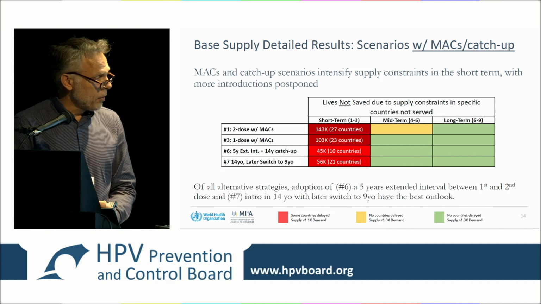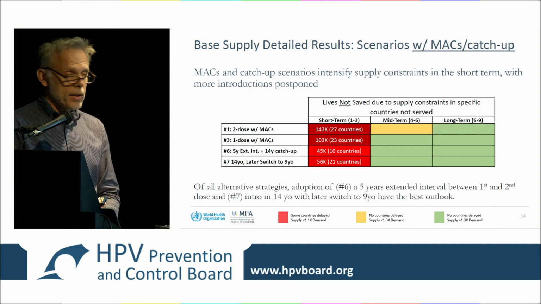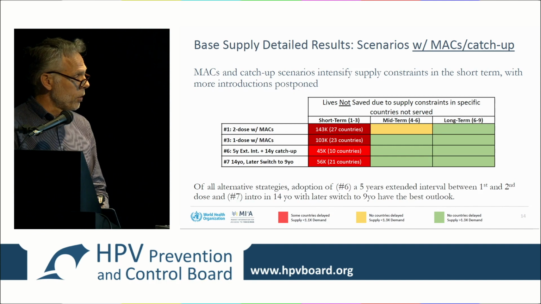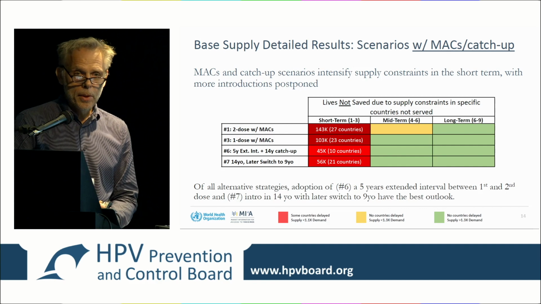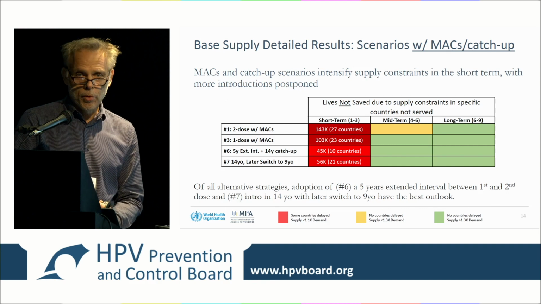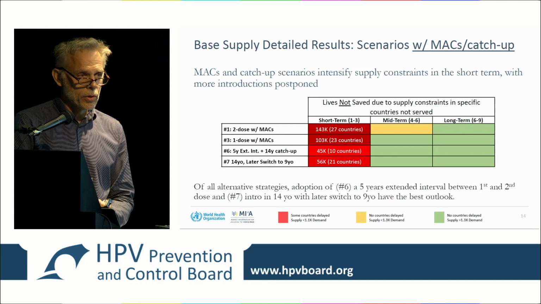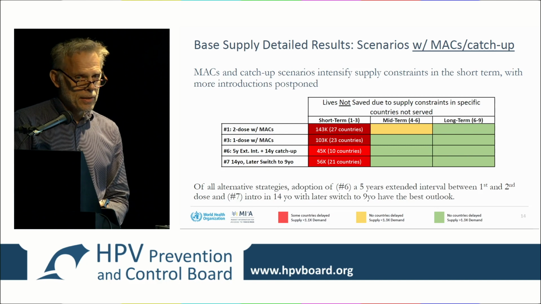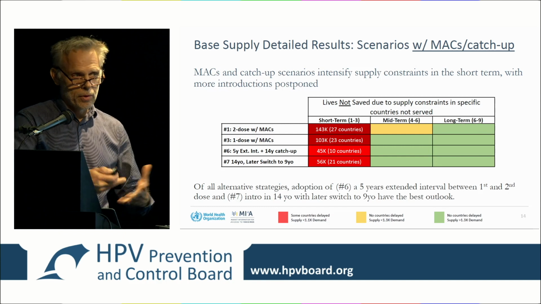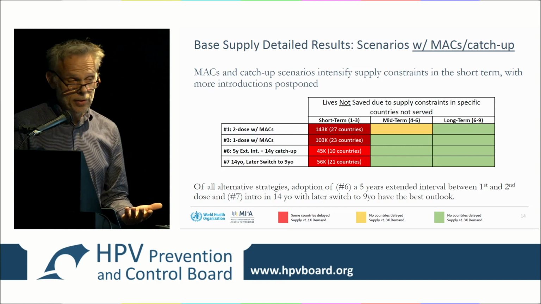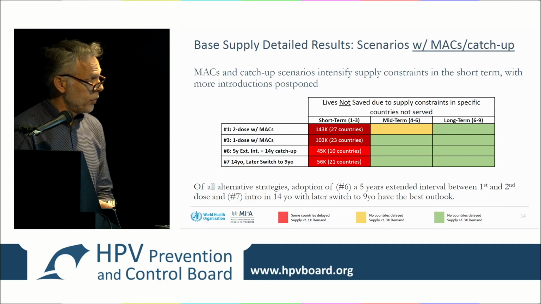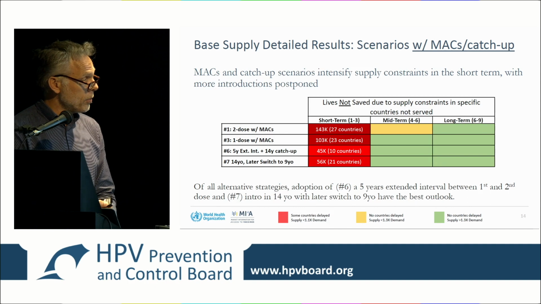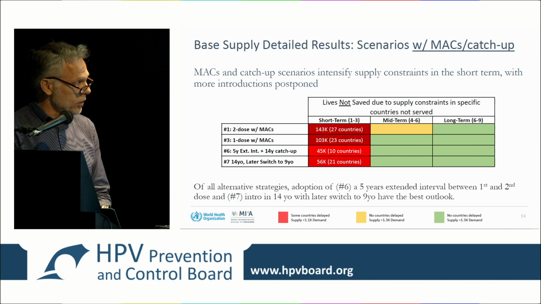This is just to say what happened if we are in the red and we continue with current work. What would this actually mean in terms of countries that cannot introduce, and how many deaths would not be prevented? Because every 14-year-old girl that is not being vaccinated basically goes out of the eligible age group and starts to have sex. So even if she would be vaccinated later, it would have less effect and would lead to a death in future. So you can see going on with current, 140,000 additional deaths, etc.